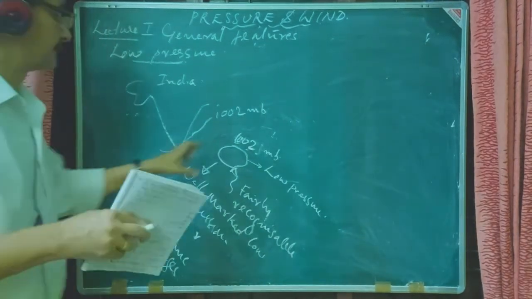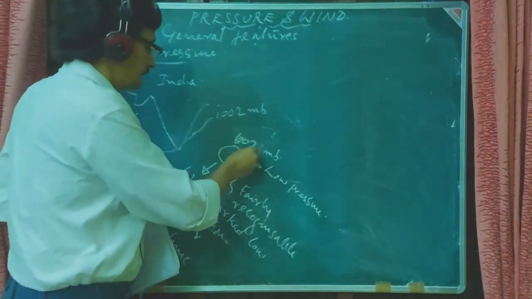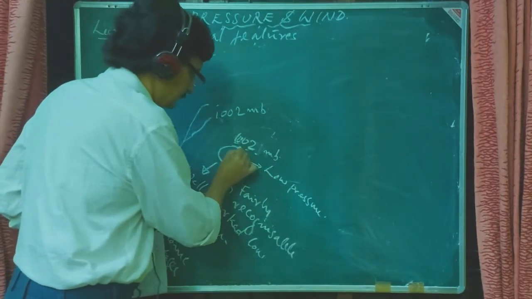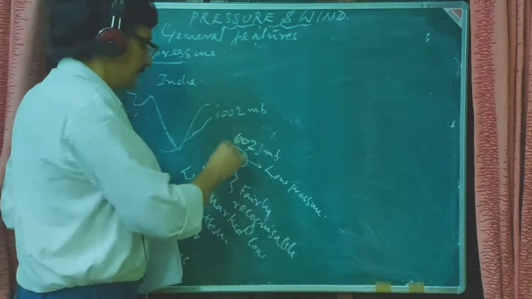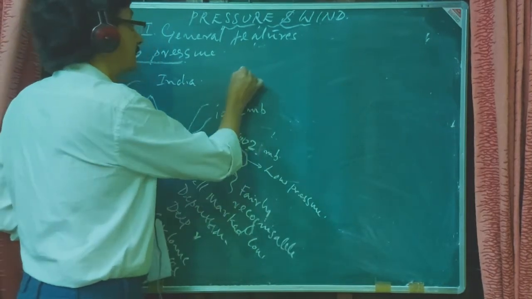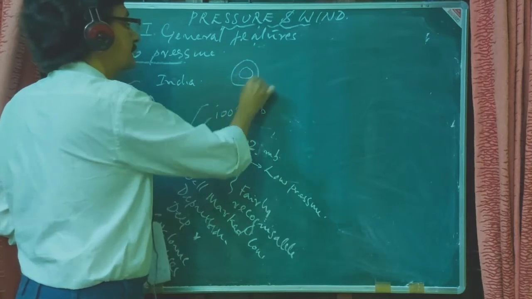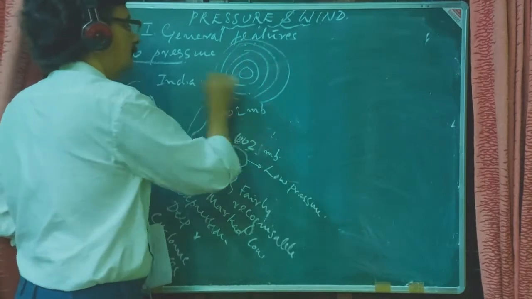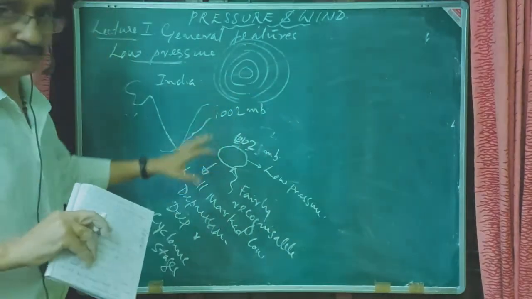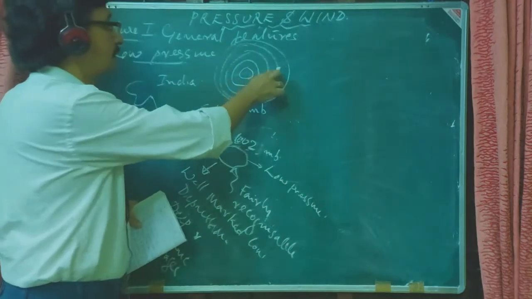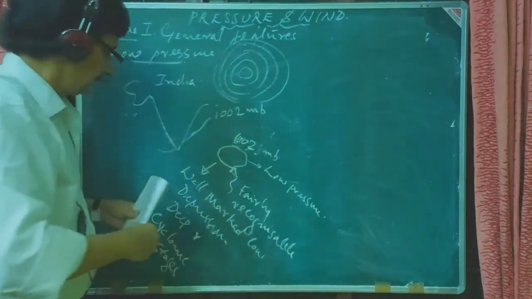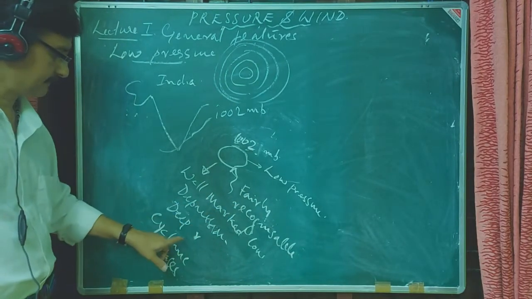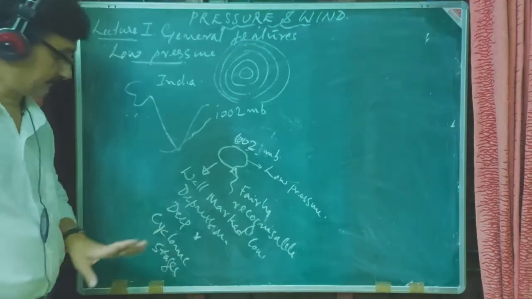So if the specific low or this contour is intensifying further, what we can see is an inward, very low pressure, and outward there will be rings of pressure contours. Depending on this intensification, we will characterize the low pressure as low, well marked low, depression, deep depression, and various cyclonic stages.